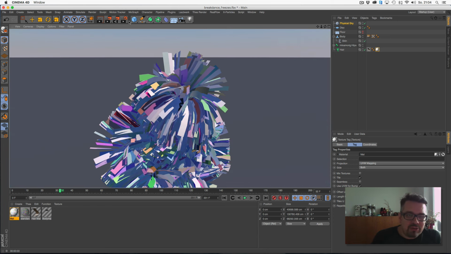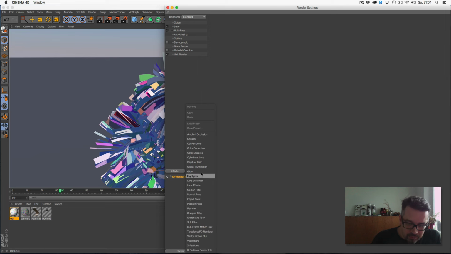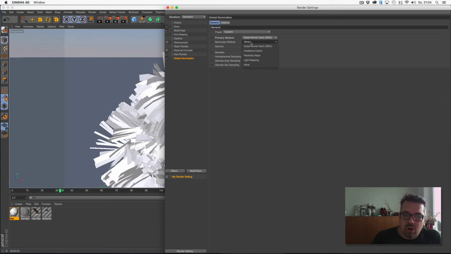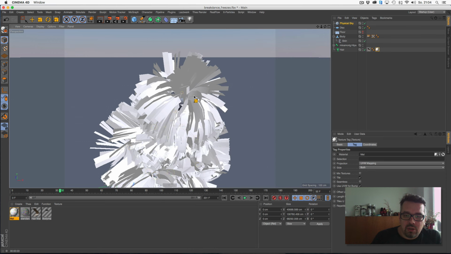it's better visible when I set global illumination too. So always QMC. I'm not sure if you saw any of my tutorials before, but in Cinema 4D you have to remember that anytime you're using global illumination and want it flicker free, clean global illumination, use QMC. It needs much more render time, but this is the only way to have flicker-free global illumination in Cinema 4D.